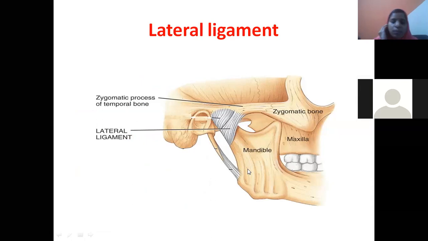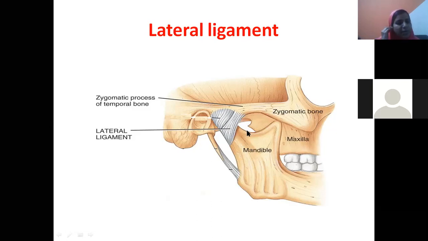See, this is the lateral view of the skull bone, where you are finding the temporal bone, external acoustic meatus, mastoid process, zygomatic arch, isn't it? These are the orbits. This is the maxilla bone. This is the mandible: coronoid process, condyloid process, ramus, angle, body. Now, this is the lower border of the zygomatic process. From the lower border of the zygomatic process, you can see the lateral ligament coming downwards and backwards, and it is getting attached to the posterior border of the ramus of the mandible, almost up to the head and up to the neck of the mandible.